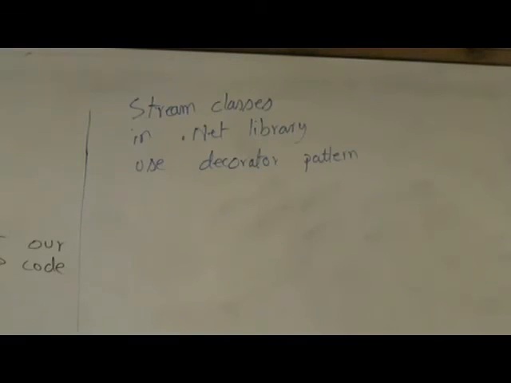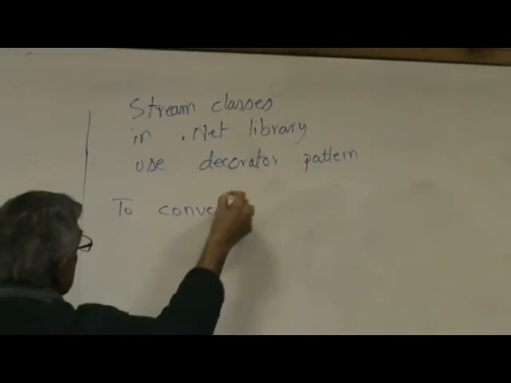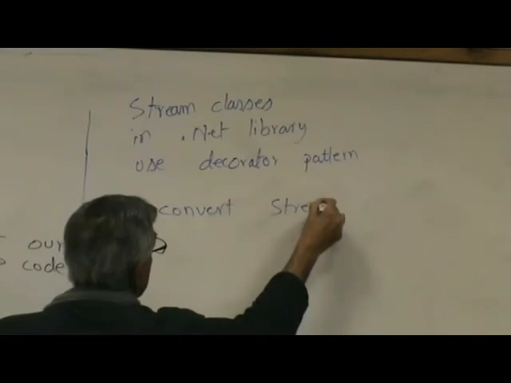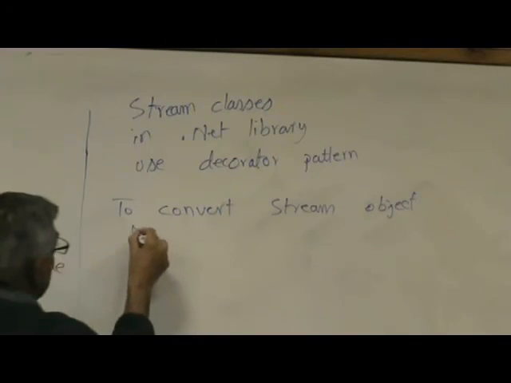But if a set of classes implements this pattern, one of the benefits of this pattern is that to change one class type to another type, you simply pass an object of one in the constructor. So for example, let's say to convert a stream object to